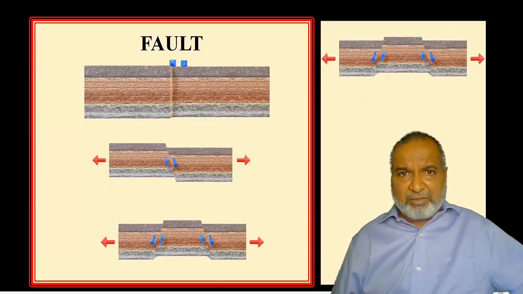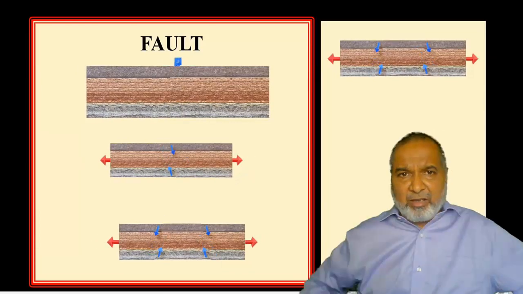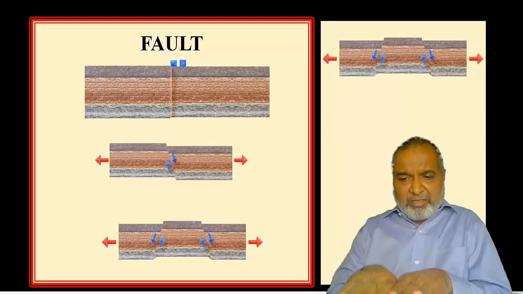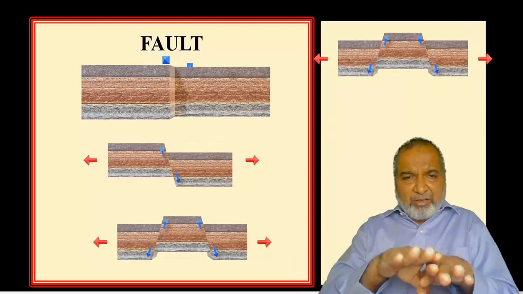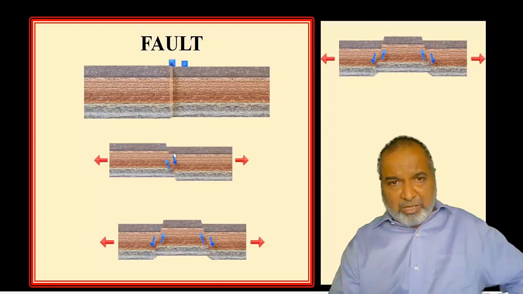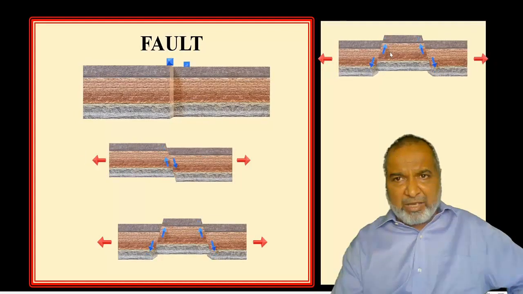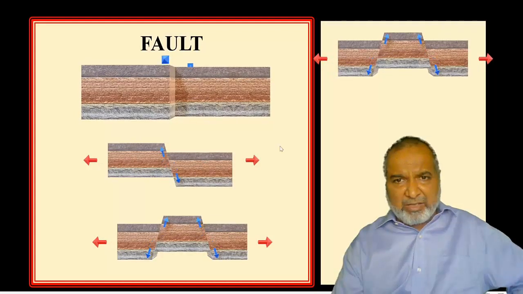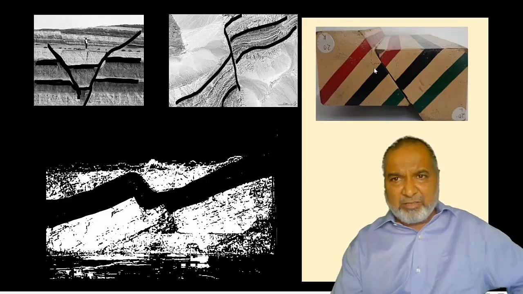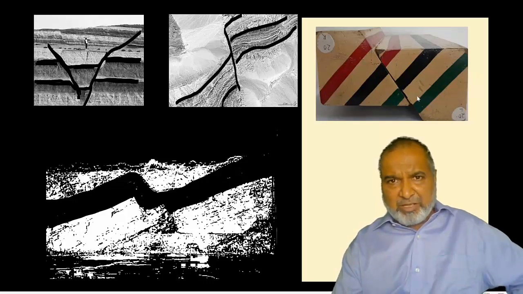Here also we have the block. This is a strike fault, shifting parallel to the strike of the bed. Here we have the dip fault. Next one, parallel to the dip, the hanging wall goes down. So this will be the horst and graben, and the same diagram is there. So that is the animation. Here it is clear, between these two points displacement has taken place.